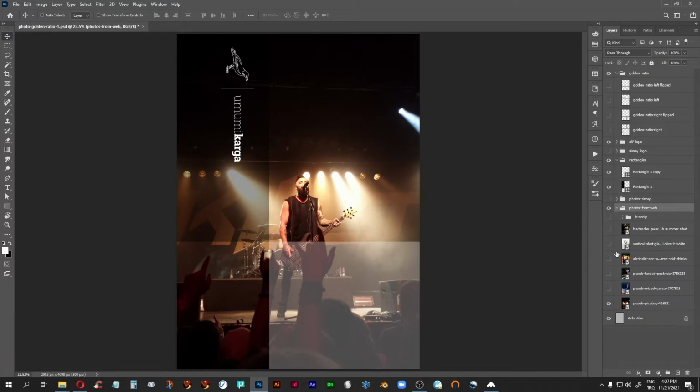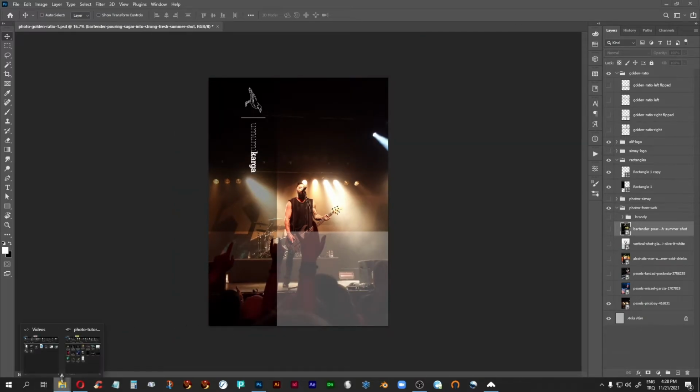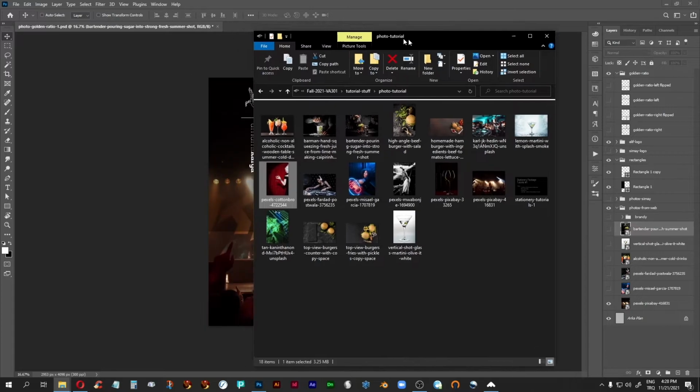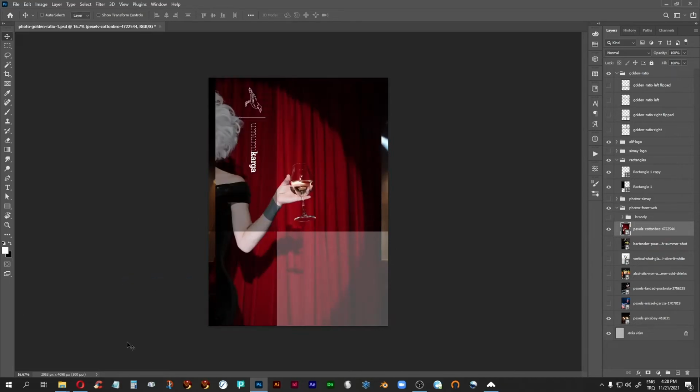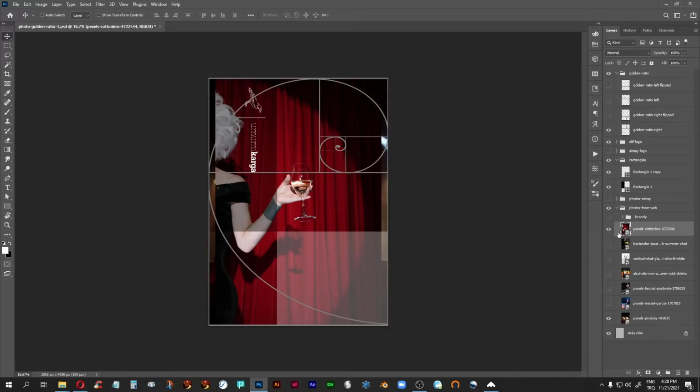And so now I'm finally just going to add one of those burgers, and then also that woman with the champagne glass in front of the red curtain, to show you some tricks about how to scale photographs in Photoshop. And now for the red lady. Just going to drag this on here and just press enter. Now we can either flip this and then scale it in such a way that it'll fit right in here,